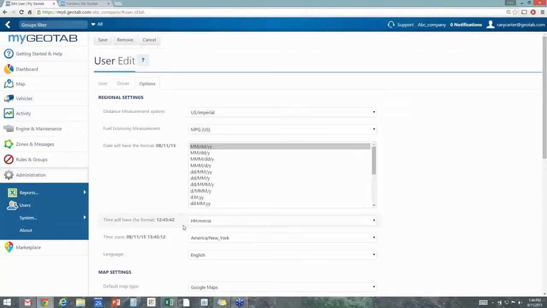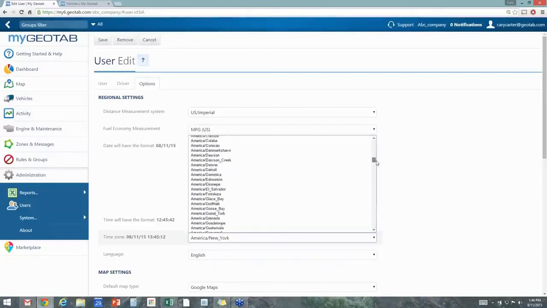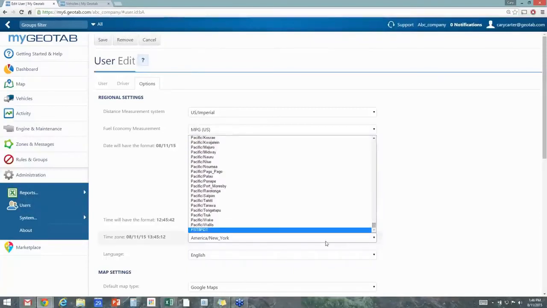The time format that you're set for, and then the time zone that you go into. I want to comment on this for a minute because it tends to get a little bit confusing. If I click on this time zone, I have a number of them. And if you aren't quite sure where you're going to find the one you're looking for, you can always type in your time zone. Just by typing in EST, it's Eastern Standard Time. If I type in CST, it would take me to that one, PST, whatever the case may be, it will actually come out right there. So I can just grab that one